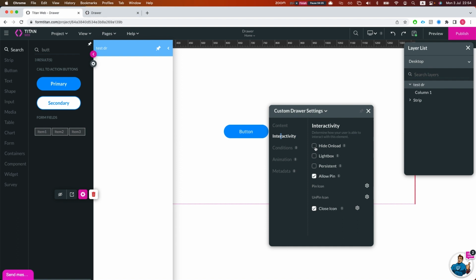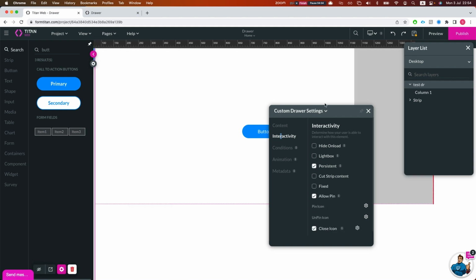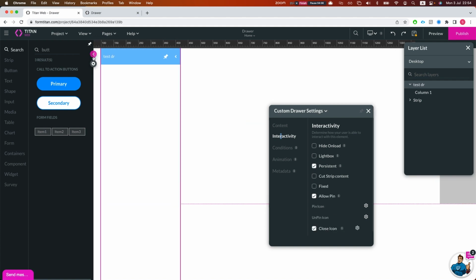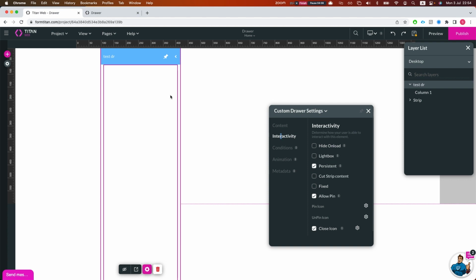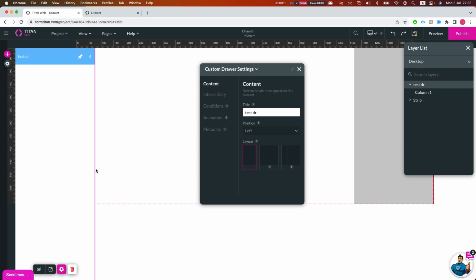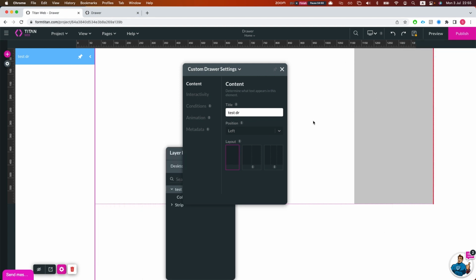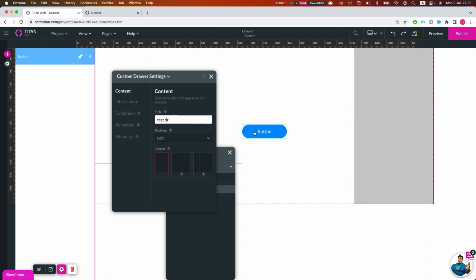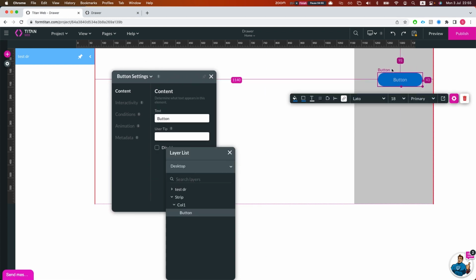Obviously, hide on load is whenever we load the project, if we want it shown or not. By default, it will not show unless we have it as persistent, which is kind of cool. So what persistent will do is give you the drawer as if it's another strip in another column on your project. And notice that I have this grayed out area, which means if I put this here, this is